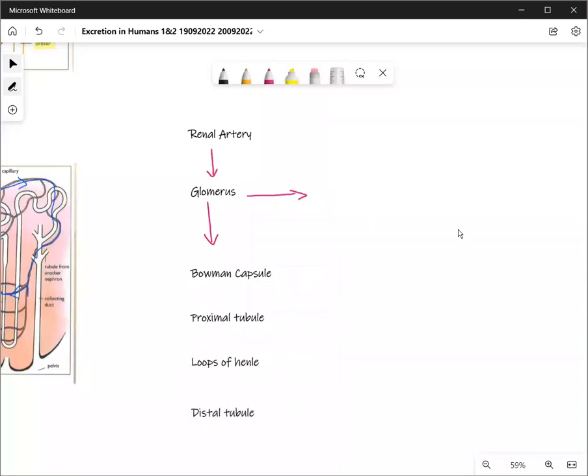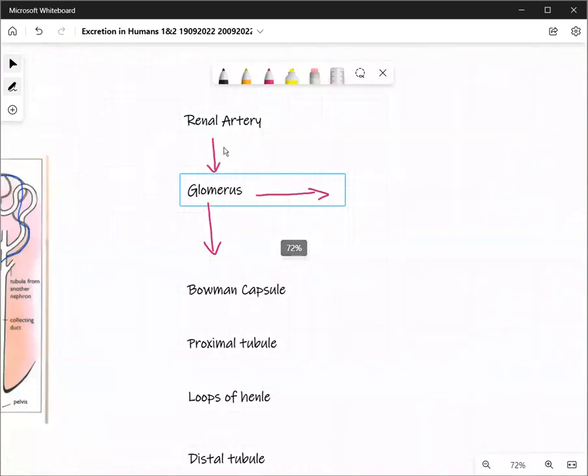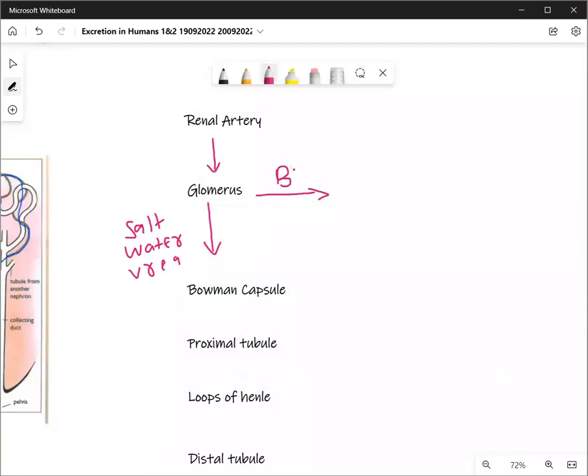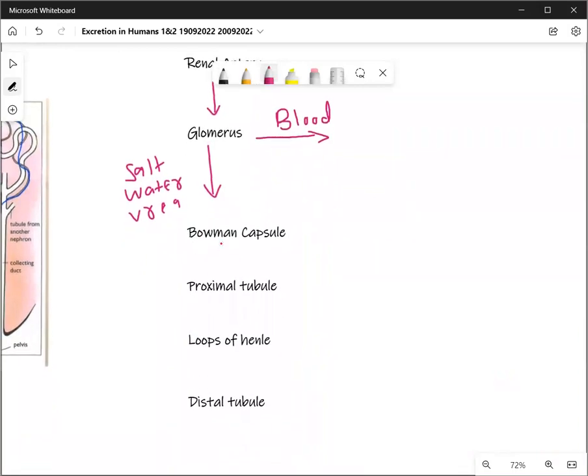Okay. Now, first thing that happens is the blood enters from the renal artery. All the blood enters here. Now, from the glomerulus, only the salt, water, and urea go into the Bowman's capsule. Is that clear? While the rest of the blood goes somewhere else. Is that clear? Now, in the Bowman's capsule, what happens is that